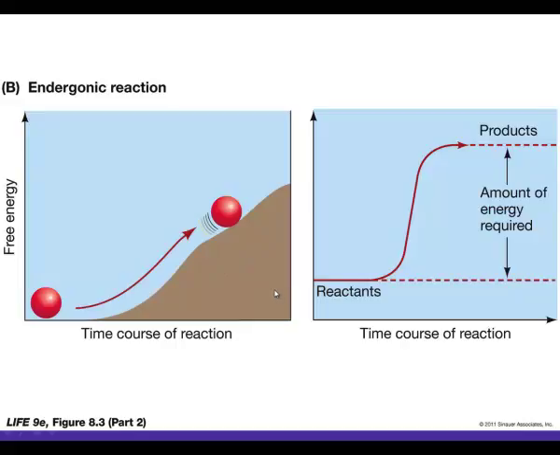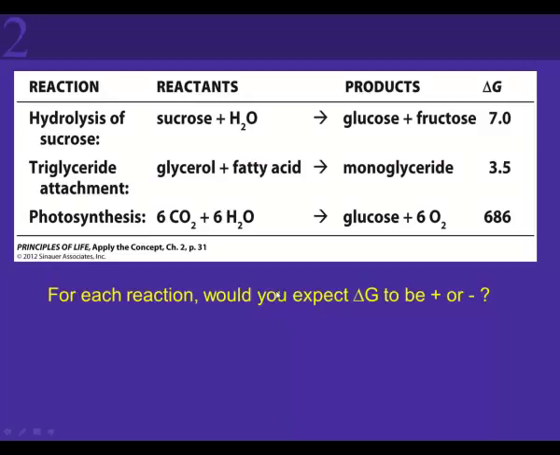And in cells, both endergonic and exergonic reactions take place, and they often do so simultaneously. So this chart shows some delta G values for some various reactions, but the sign has been left off intentionally. And so I'd like for you to look at these reactions, and based on their description, and also just looking at the reactants and the products and how ordered or disordered or simple and complex they are, I'd like for you to decide whether these delta G values are likely to be positive or negative.